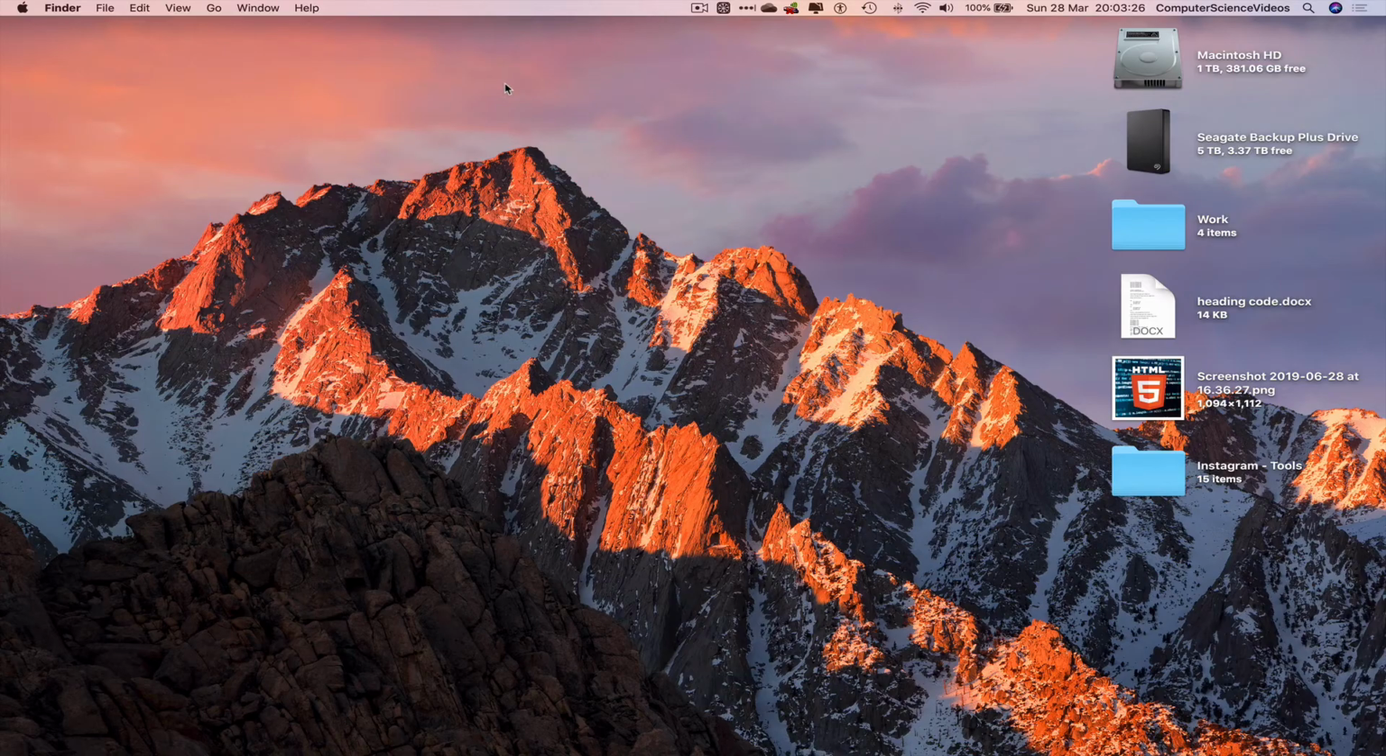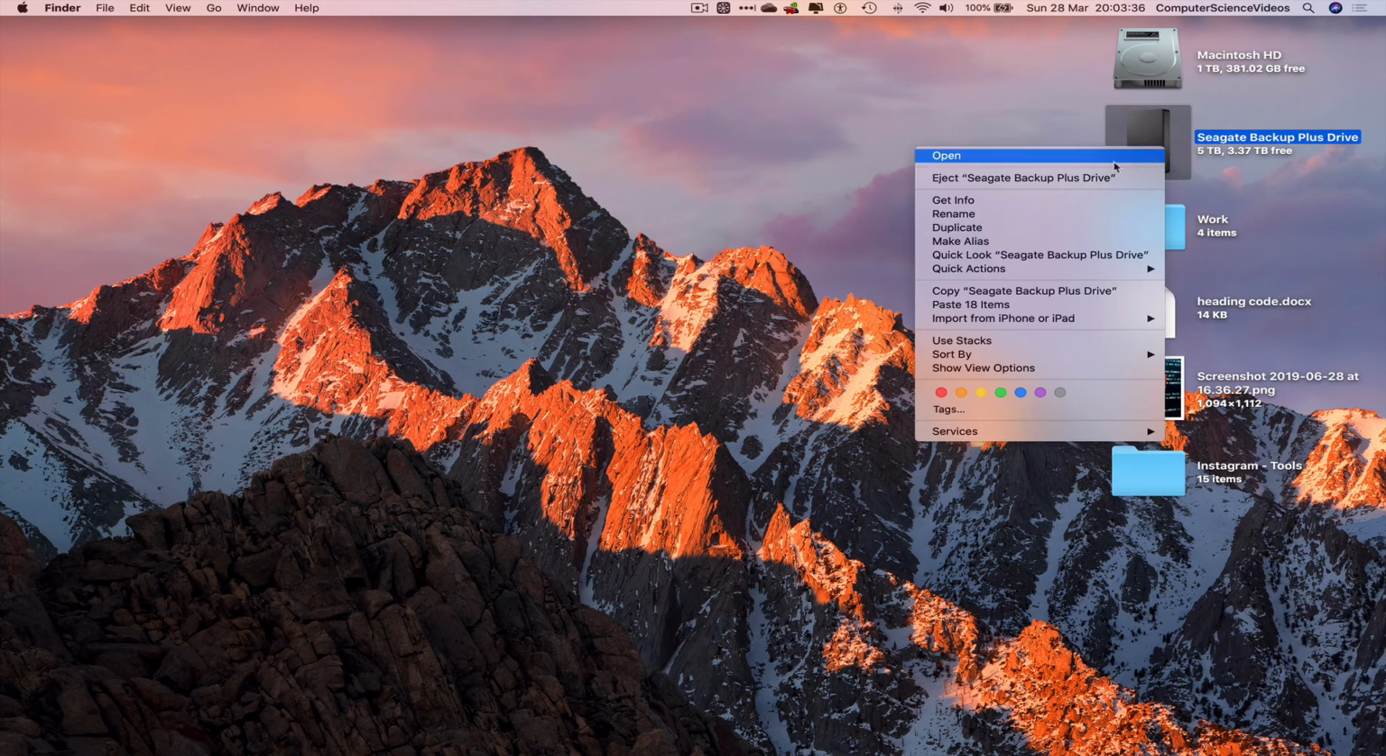Quit Finder again, and so now all the files we wish to copy have been copied to the external hard drive. We can now right click on the hard drive itself, eject the hard drive,